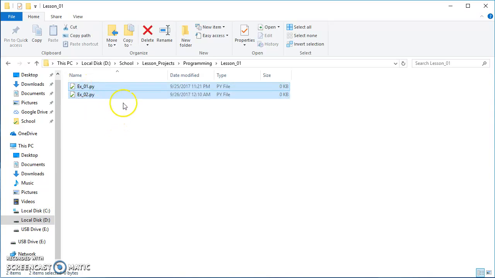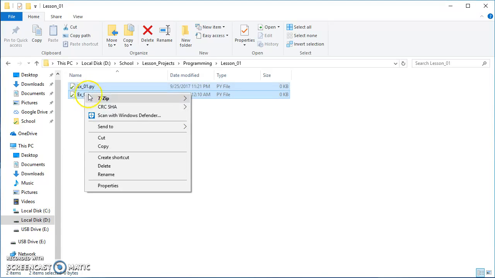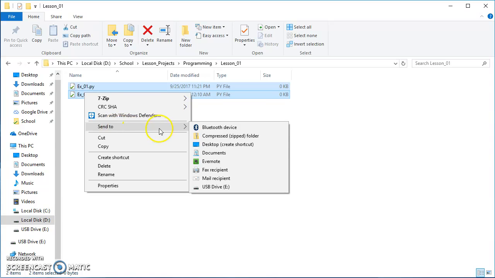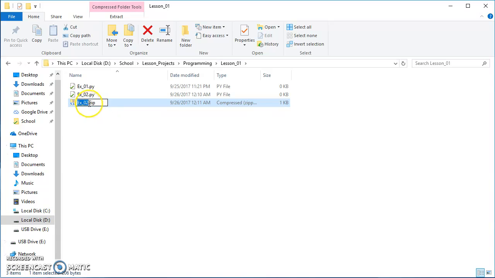And what you want to do is everything that says .py for you regular programming guys, or everything that says .java for you AP Computer Science guys, you're just going to want to select them all, and then you right click, and you want to send to, and one of the options is compressed zipped folder. You click the zip one, and then you're going to rename this file. You see how it takes on the file name of the one that I clicked on. But what I want to do is change it, and I want you to change it to your last name